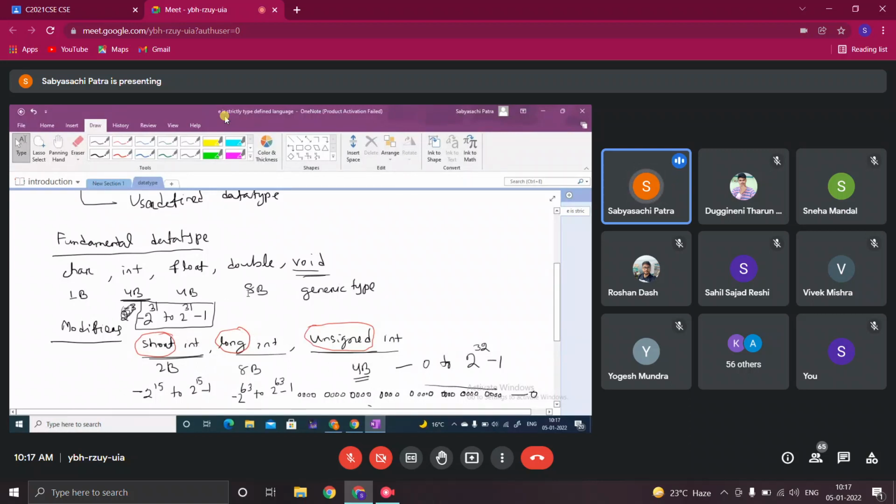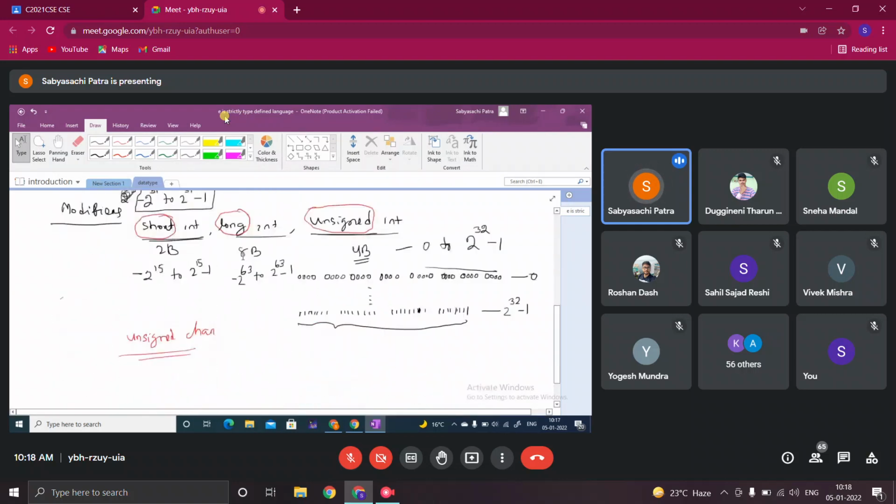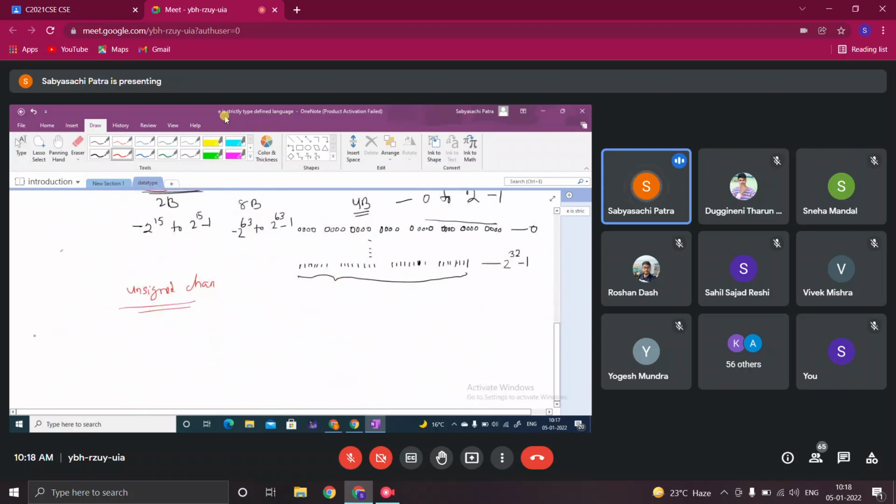So apart from these fundamental data types, what is the job of the data type? It specifies the type of data you are using in your program. Now, apart from this fundamental data type, you have derived data types, which we will discuss later.